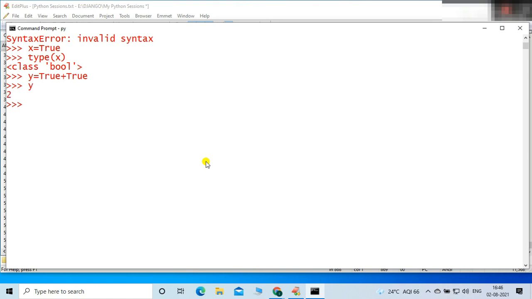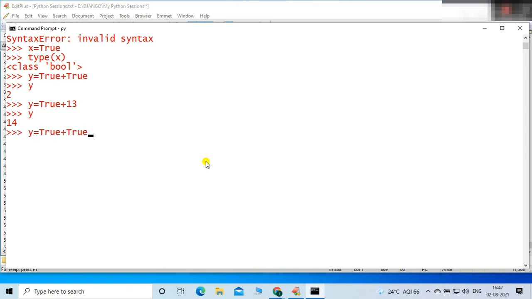It is 2. 1 plus 1: True is internally treated as 1, another True is internally treated as 1. So Python gives the result as 2. Let me take another example: True plus 13. The result should be 14. Yes, it is 14, because internally Python considers the True value as 1.